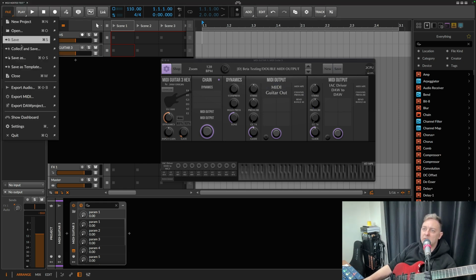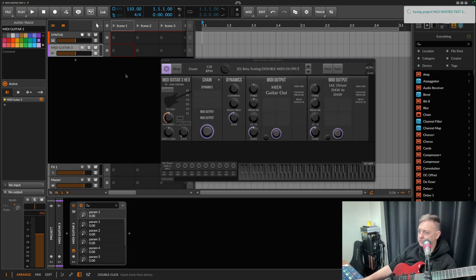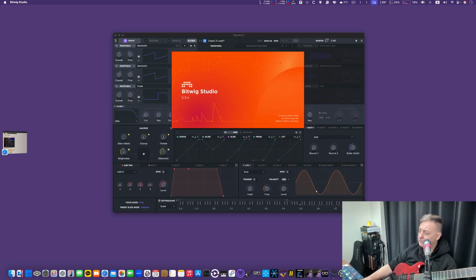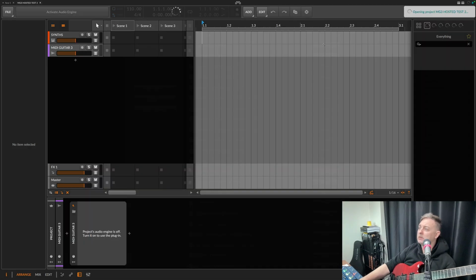So I previously called it MIDI Guitar 3 hosted test, but I'm just going to call this 2 because there's a slight difference with the previous version. Okay, so I'm going to save that. If I relaunch Bitwig, and if I open that project,